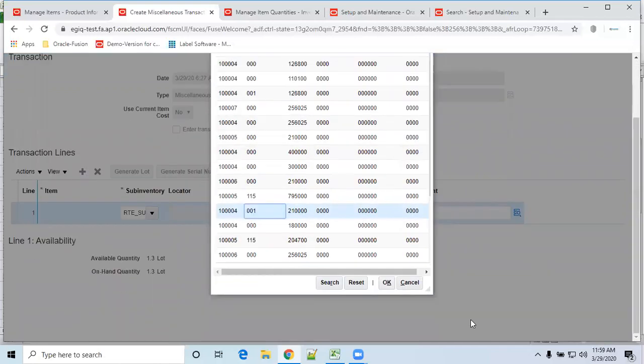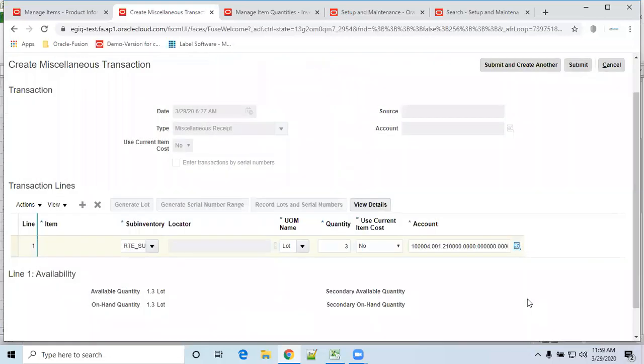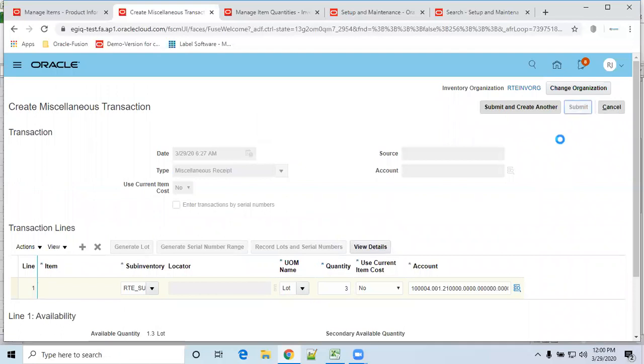So select any, these are all account transactions, the accountings and all. So this quantity, the account always has to be the one we have created, right? COA, yes, chart of account structure. Otherwise it gives an error. Now I am receiving 3 quantity of lot, but when I verify the on hand quantity, if my UOM is each, it has to show 300 each. Okay, so now submit.